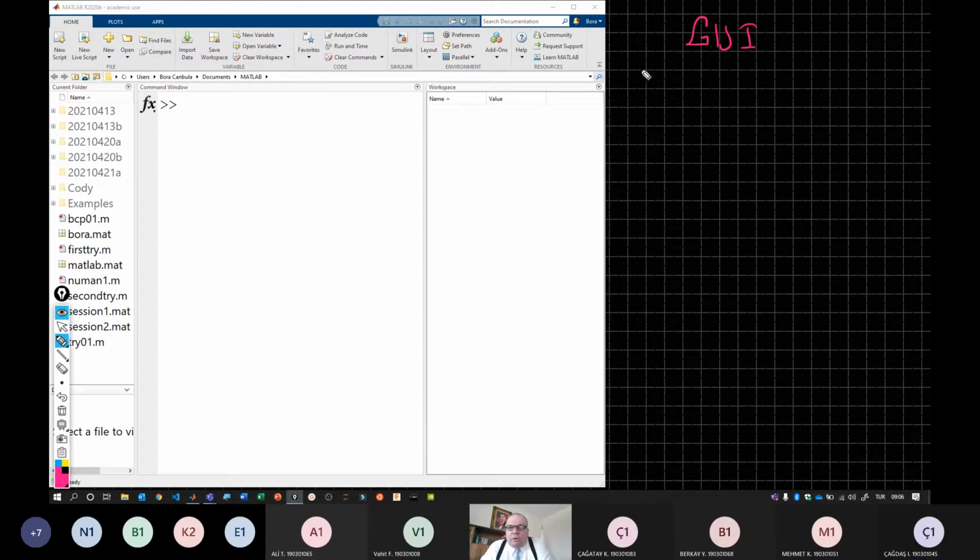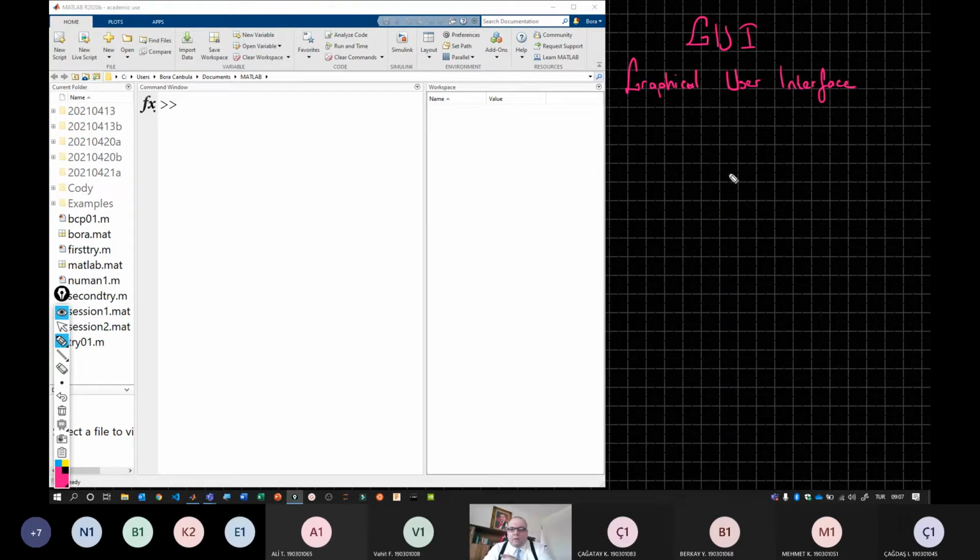And this abbreviation stands for Graphical User Interface. Graphical User Interface. And here are some examples. For example, Microsoft Word has a GUI which includes some buttons, some areas, some text boxes, and command buttons to create something with Microsoft Word, and also Microsoft Teams, which we use daily in our lectures, has a GUI to do something